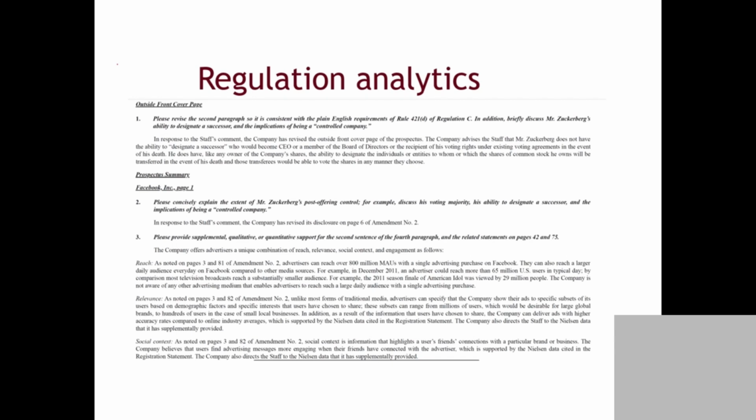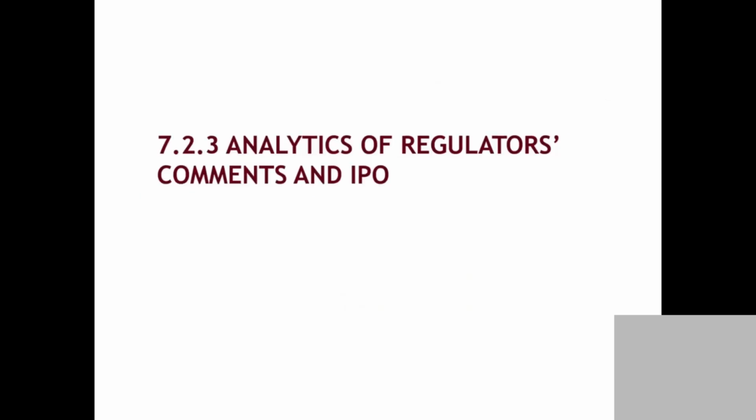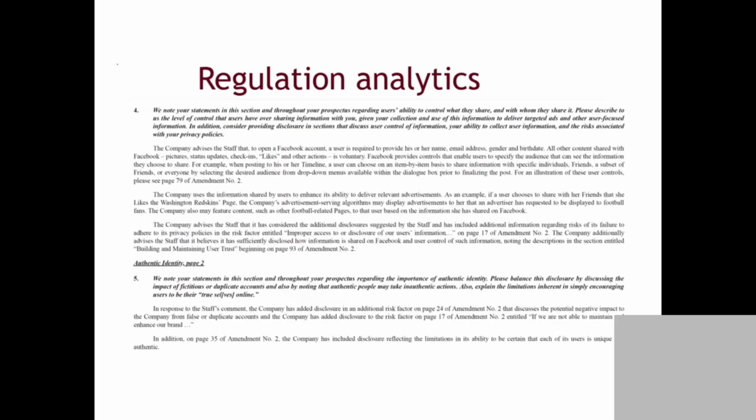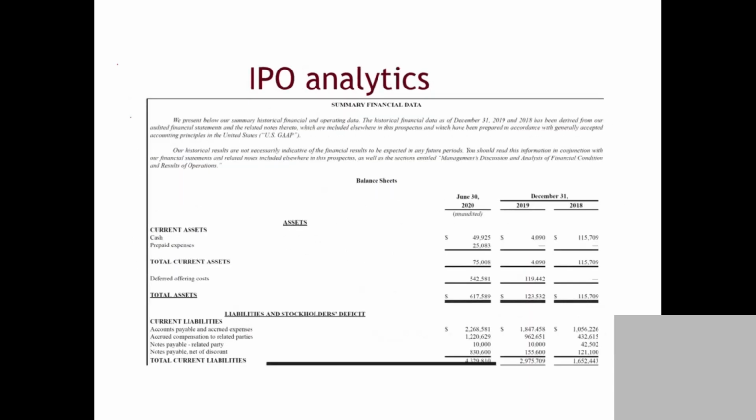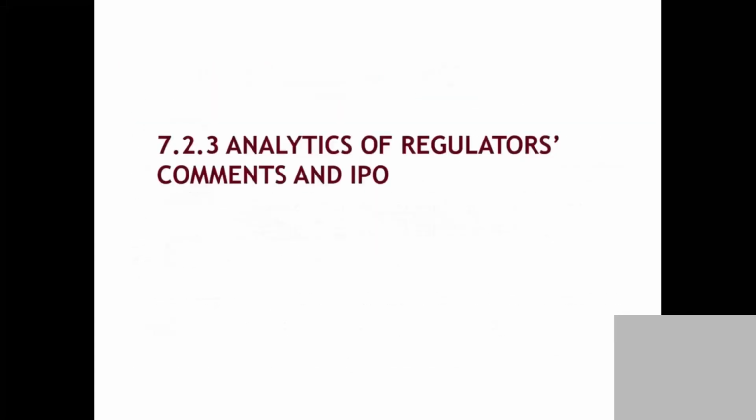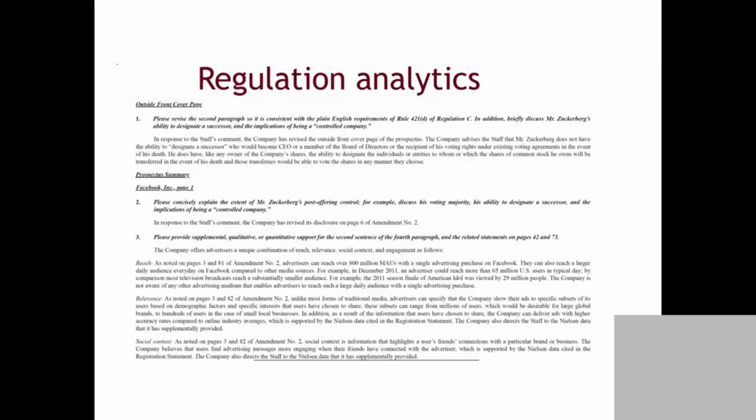So what data do we have? You can see this is the prospect summary. For example, let's take the first example, the comment letter. The SEC will give out a comment letter to companies. Let's say I'm Microsoft, and in my financial statements or my disclosure I was not in compliance with the SEC. The SEC will write a comment letter to Microsoft saying, I don't see the disclosure you gave out is accurate. Do you have any comments on this? And Microsoft will write a response saying, I'm sorry, I made a mistake. I corrected it, so this is a new version. Are you happy? So these are the inquiries from the SEC, and Microsoft will respond,